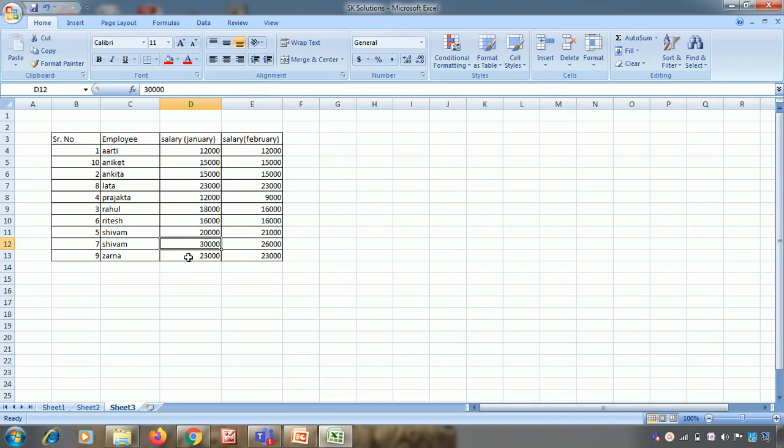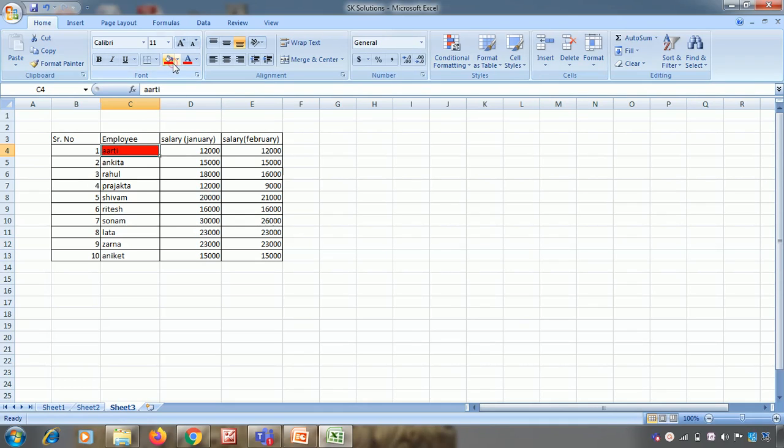Similarly, you can add multiple levels. So this is one way of filtering. I am again undoing the changes so that we can understand the further types of filtering. Here I was sorting everything on the basis of the values of that particular cell. Now I can also sort by selecting other options. For that, let me do something.